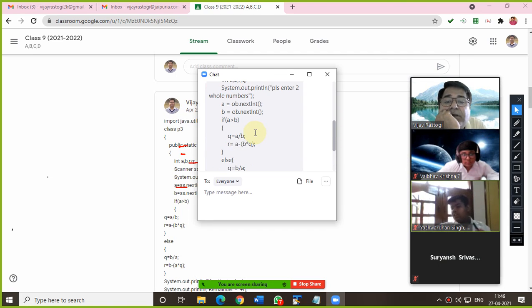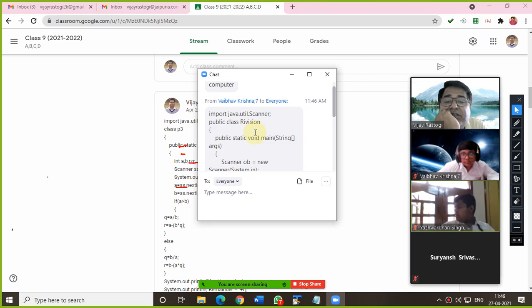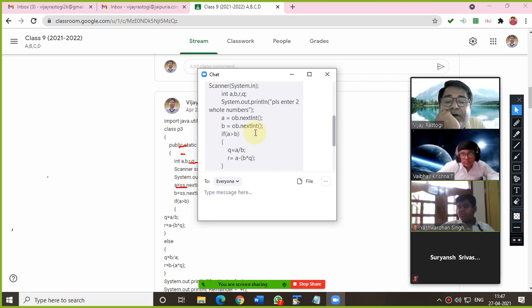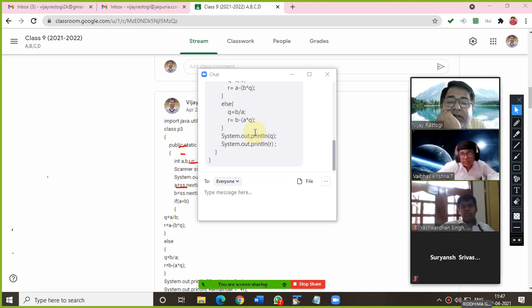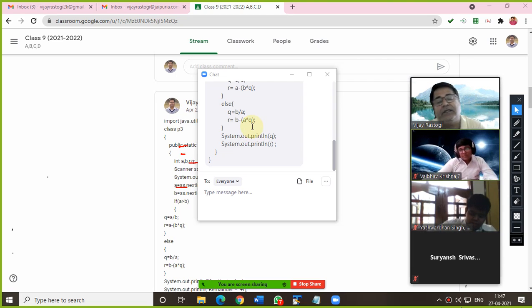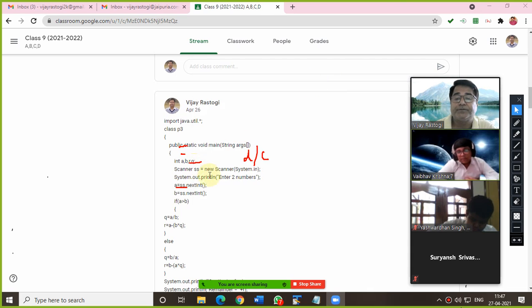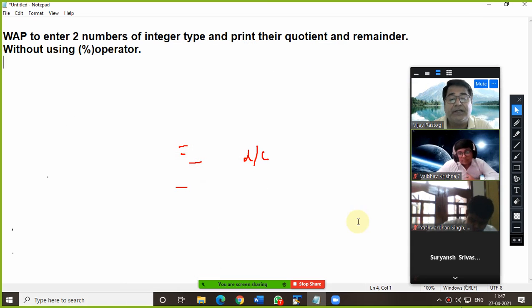Who is this? Weber Krishna. Weber, yes, it is correct. But you can reduce this, beta. Yes, sir, I have used the if and else method, sir. Yeah, no problem. You can use the inbuilt method, but using if else also you can reduce this. But well tried. It is correct, beta. Thank you, sir. So now let me discuss this question.